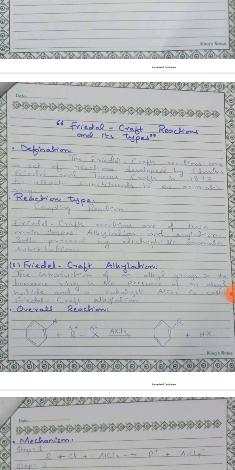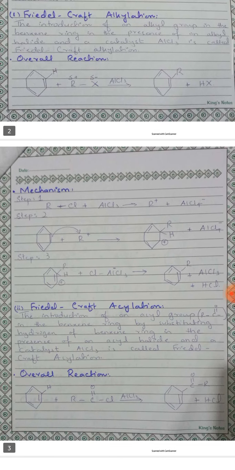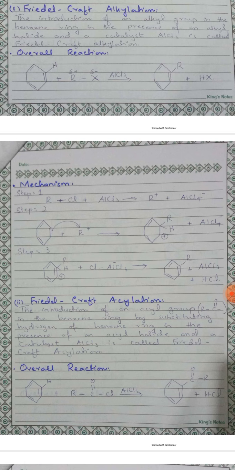The overall reaction is given, in which you can see that a benzene ring is attacked by an alkyl halide in the presence of aluminum chloride, forming an alkyl benzene. Now we look towards its mechanism. In the first step, electrophile generation occurs. Then in the second step, this electrophile will attack the benzene ring and aluminum tetrachloride will be released as a